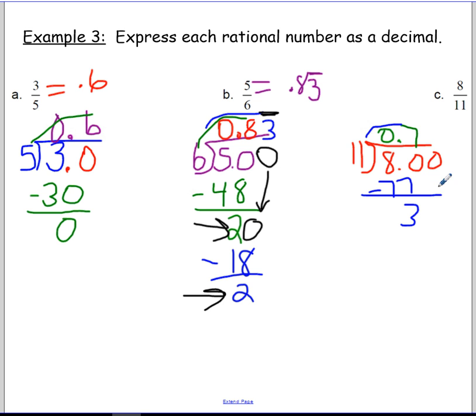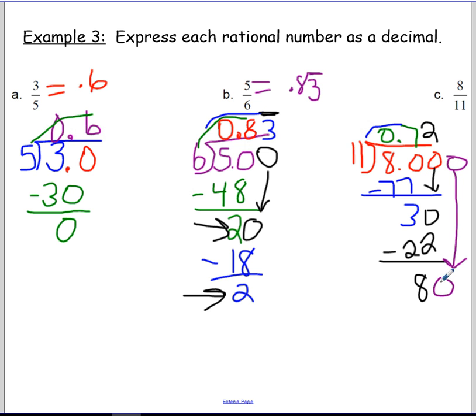And so let's bring down our 0. And so 11 times 3 would be 33, which is too much. So we'll have to use 2. 11 times 2 is 22. When we subtract, we get 8. We still have a remainder. And so if we add a 0 and bring it down,